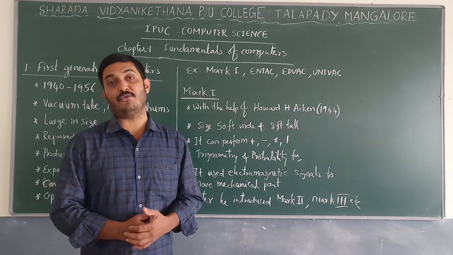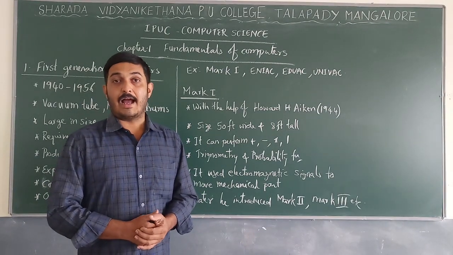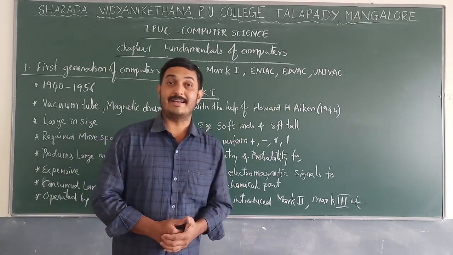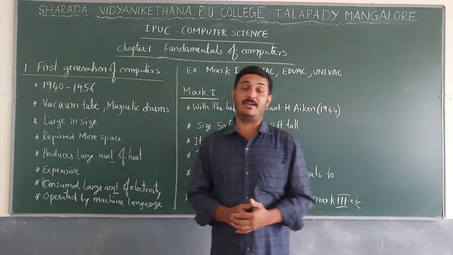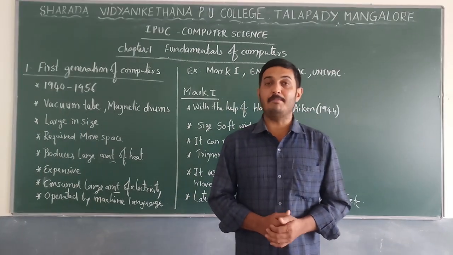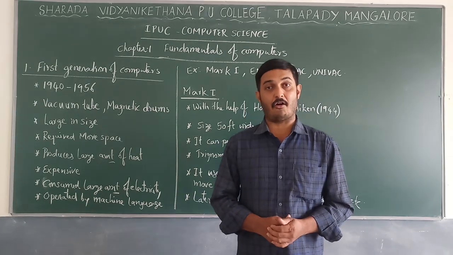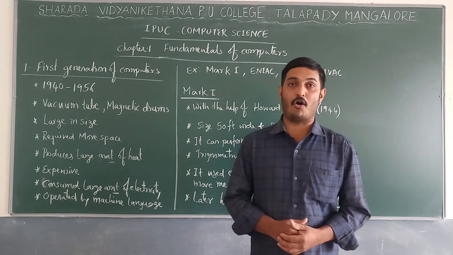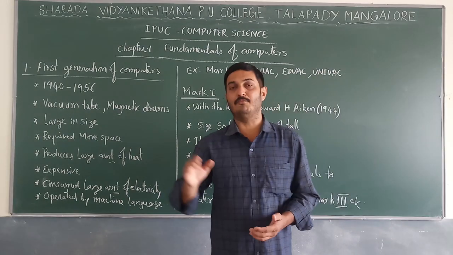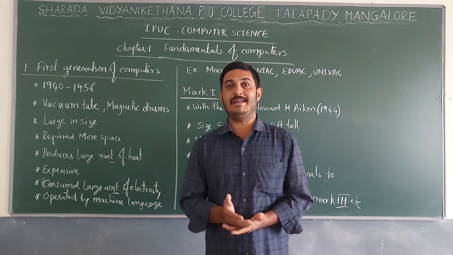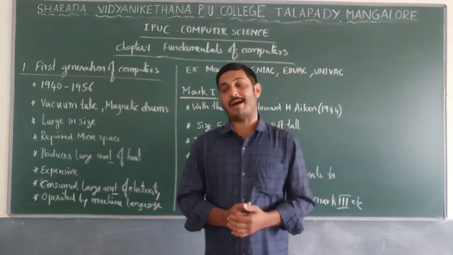And the next one, after the slide rule, is Pascaline. It's 1642 AD, and it was invented by the French mathematician Blaise Pascal. The Pascaline machine is also called an adding machine because it performs only addition operation, and there are 8 movable dials or wheels. Okay, these are about the Pascaline machine.